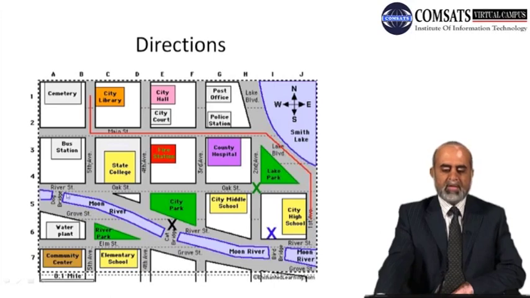The Moon River is passing through the city, and on this Moon River you have various bridges, and they have named them quite interestingly. You have the Bird Bridge, you have the Cat Bridge here, you have the Dog Bridge here. Anyway, you can study it, and then we are going to look at